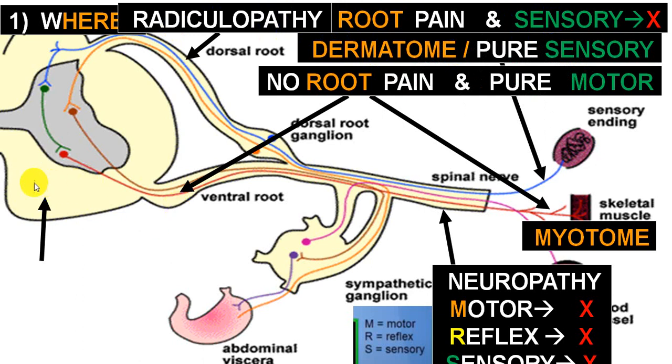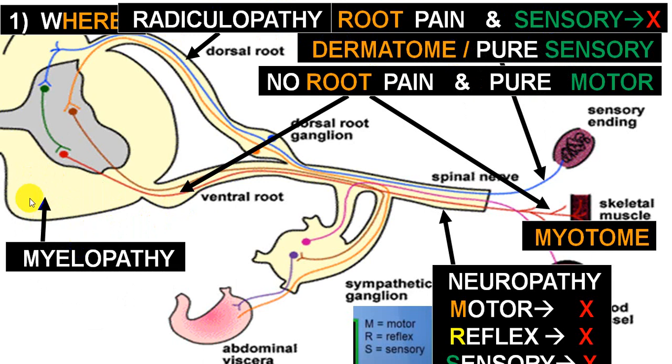And when you get involvement of the spinal cord, we call it myelopathy. And usually in the spinal cord there are two portions. One we call gray matter, the other white matter. When the white matter portion is being involved, we get involvement of different tracts. Say if you get involvement of the posterior column, you get posterior column involvement. You get an anterior column involvement, you will have an involvement of the anterior spinothalamic. And here you will have an involvement of lateral spinothalamic with corticospinal tracts. So this is called myelopathy.